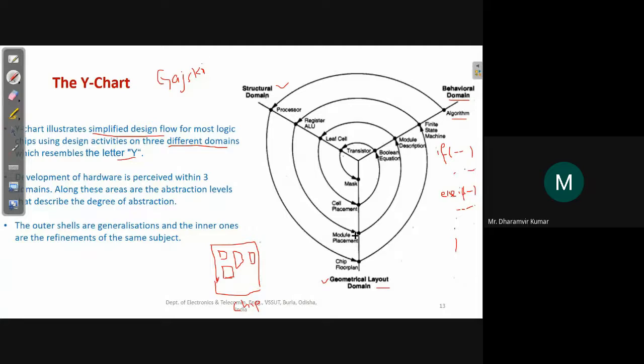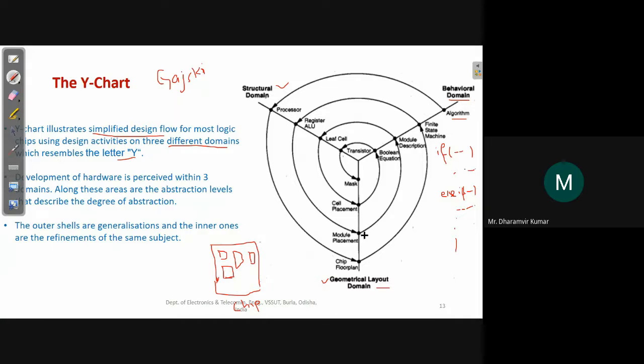Inside this we have different modules, and a module also consists of some sub modules. So how should these modules be placed on the chip, and then inside those modules how should the sub modules be placed, where they should be placed, to optimize the area.